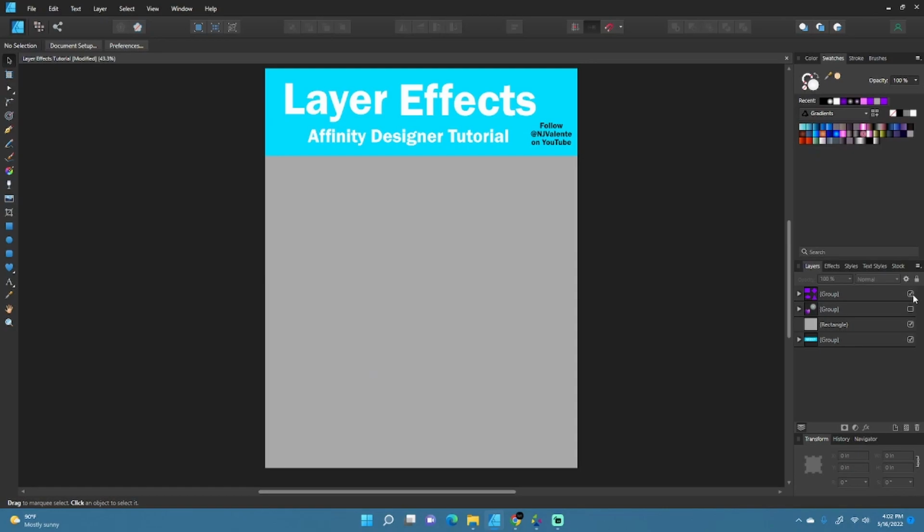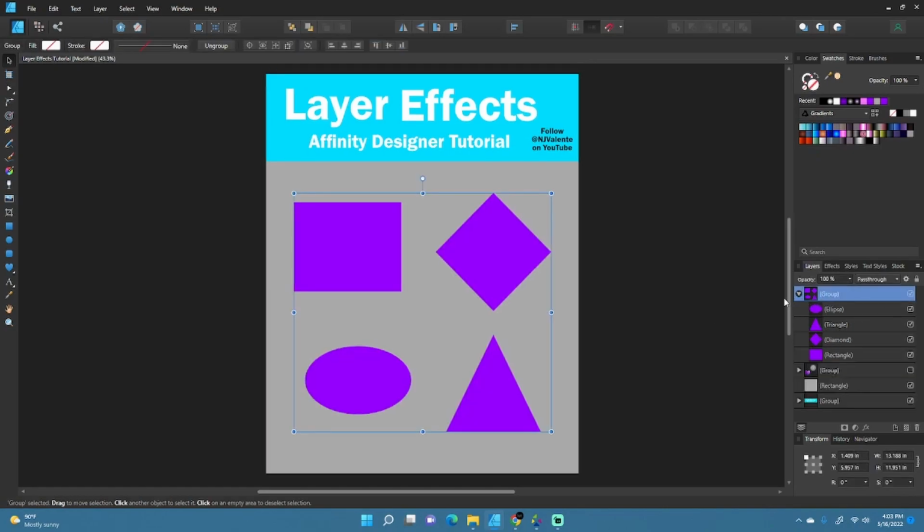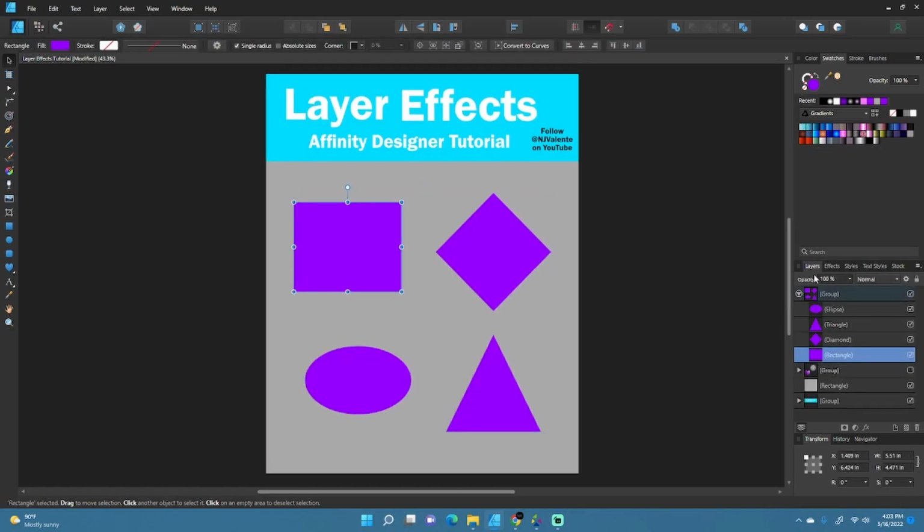So going back to our main shapes, we'll go ahead and select our rectangle shape here, and we'll look over here at the Effects tab in our Layers menu. And you can see here we have various options: Gaussian blur, outer shadow, outer glow. We even have things like 3D color overlay or gradient overlays. So if we were to open up,